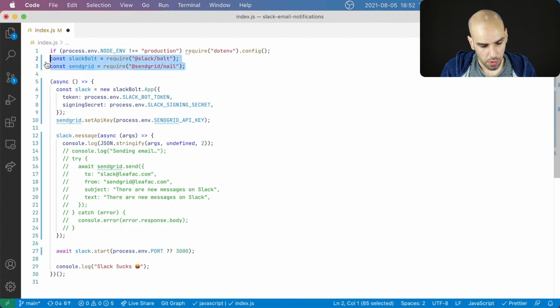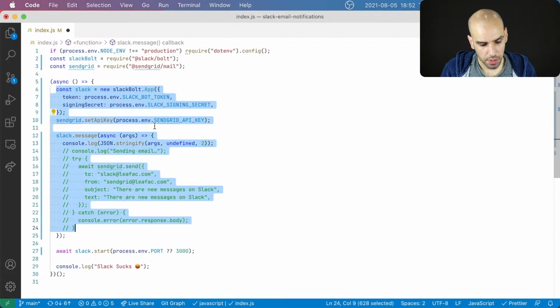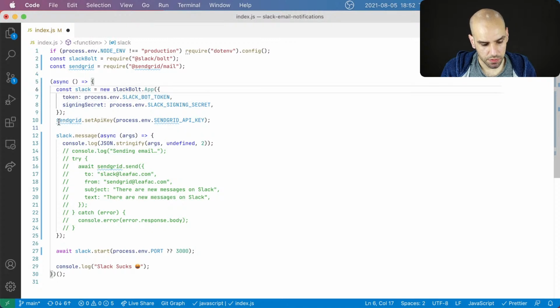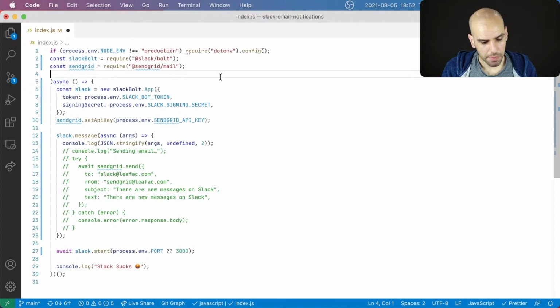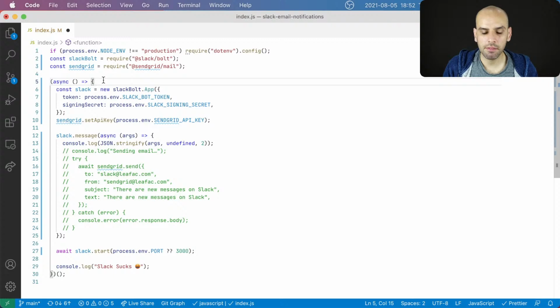I prefer to have all my requires in one place and then have a big async block, because in some cases to initialize stuff you need to do something asynchronous, because something needs to load a file from the file system or whatever. So it makes sense to have the async block wrapping around the whole body. But I don't like to have my requires in the async block, because looking forward, these requires will turn into imports when I start using ECMAScript modules. And then I cannot have an import on a block like this. But then I will also have top level await, so that whole thing will go away. In any case, that's the style that I follow these days.